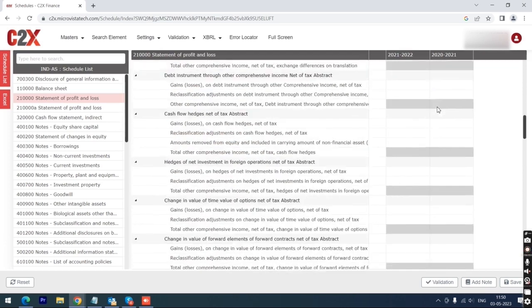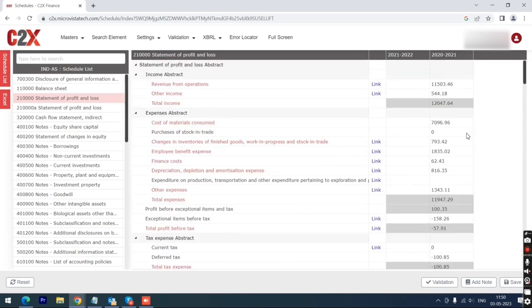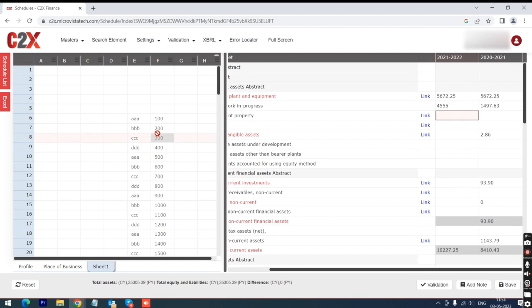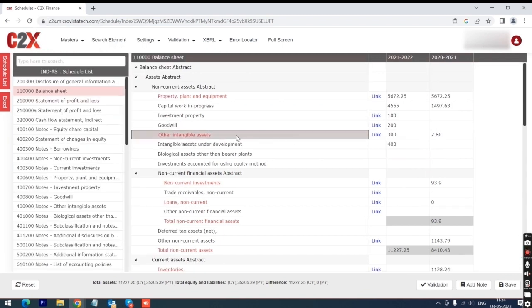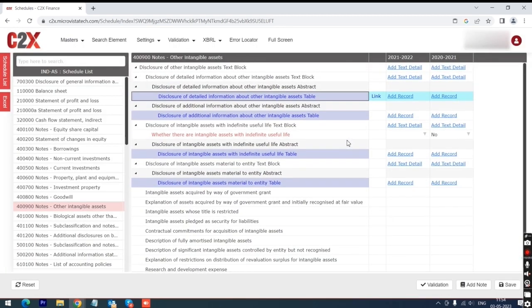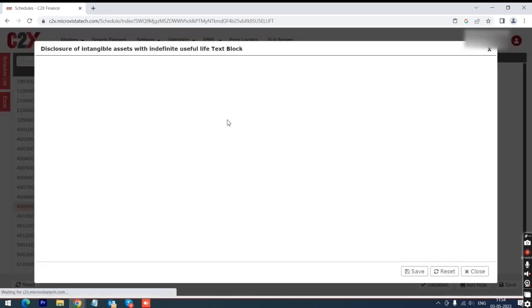For data punching, you have three options. You can directly copy paste from Excel or Word or any soft copies. Second option is Excel tagging and third option is manual punching from respective fields. Red elements are mandatory and when you click on link button, software will redirect to notes page on particular head. In that notes page, you can copy paste data from any soft copies.